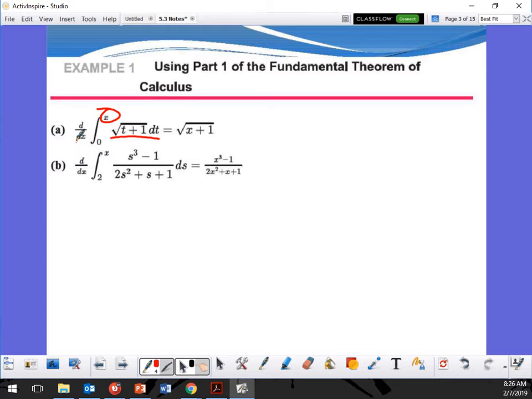Wait, so wait. But you're just plugging in x instead of from the top, if I'm taking the derivative of the integral. Yeah. But why do we need to take a derivative of the integral? Because a lot of times you're going to have equations that give you more equations. So you're never really going to always solve for just some numerical value here. You're sometimes going to be solving for other functions to use that function later on.